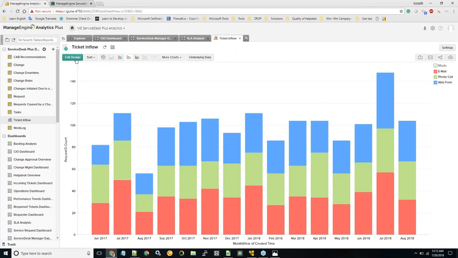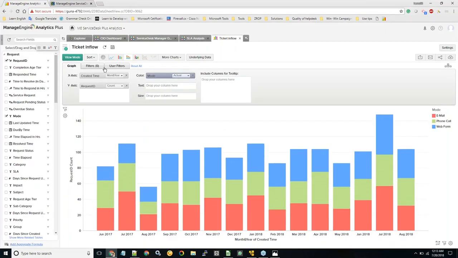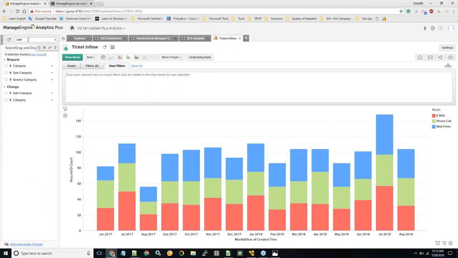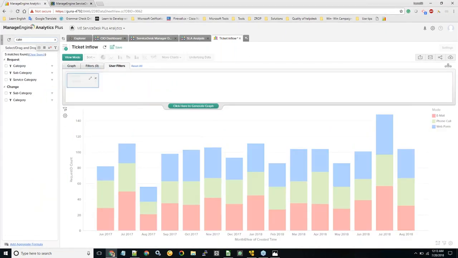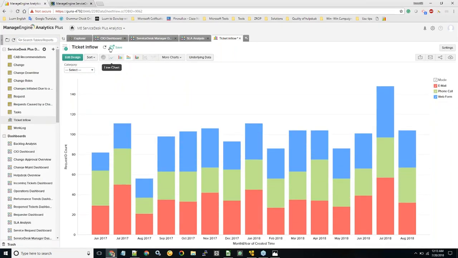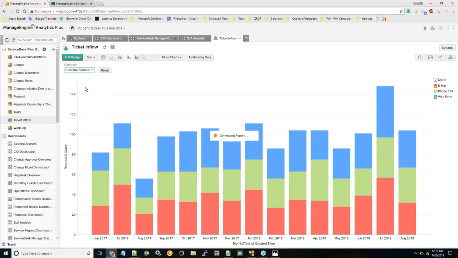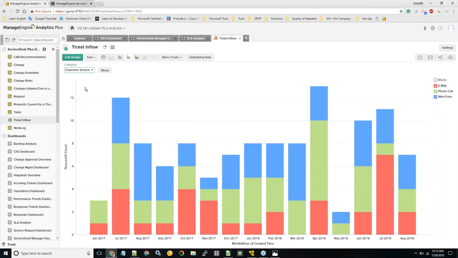So let's say you wanted to know about the category of requests that you get for your help desk, I would say add category to the user filter. So just drag and drop the category in the user filter, and here you would have an option to select category, and then the report would basically change based on the category that you choose. So for customer service, like how many tickets I have for June, and how many tickets I have for July is what you get. But